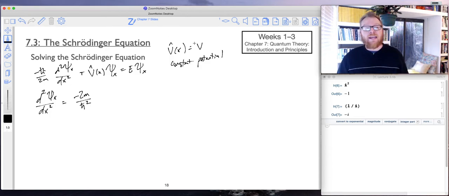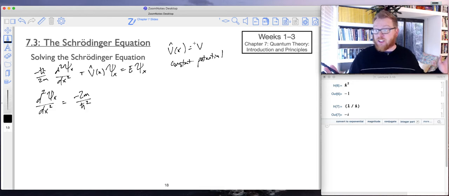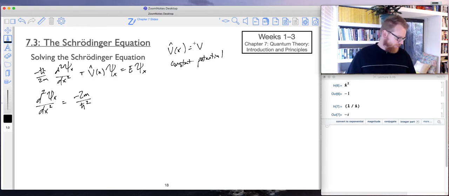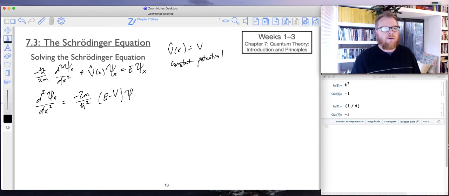So that also means I can separate that operation from psi, okay, through algebraic manipulation. And so I'm going to do a couple steps at once, and I'll just describe what I'm doing. I'm going to subtract the V psi over to that side, and then collect like terms. And that gives me E minus V times